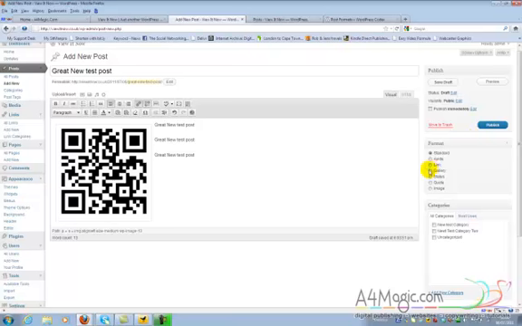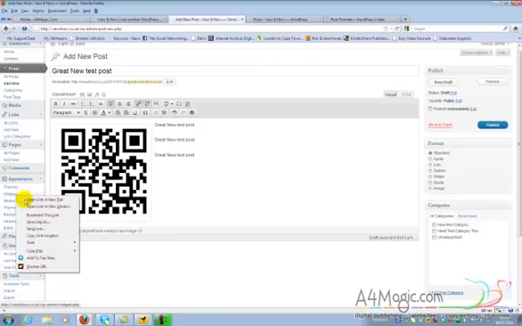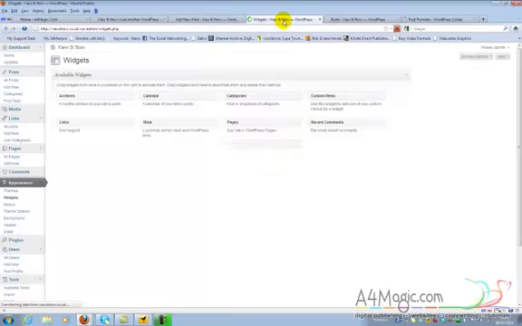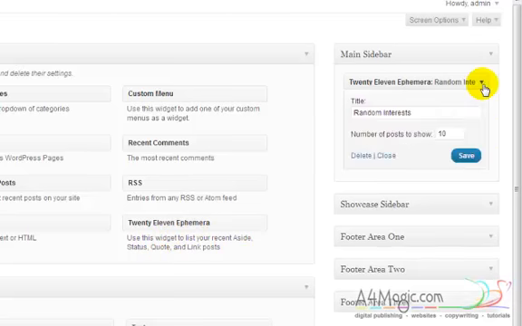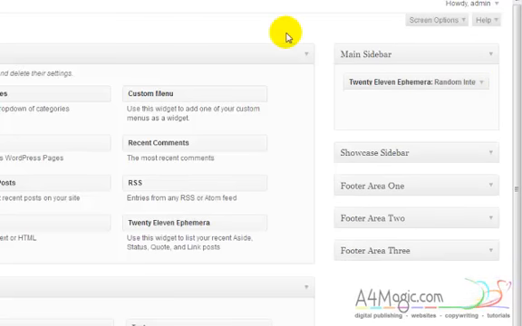I have actually created different ones using the formats, and it doesn't make any difference, aside of the fact that if you use one of the widgets, they have a widget, let me just show you this now while we're on the subject, which lists all your recent aside, status, quote, and link posts. So it is effectively like another category. I've put random interests as a heading for it,